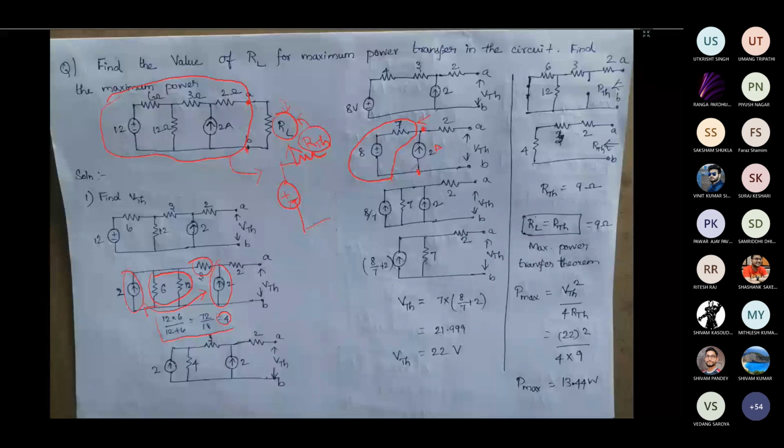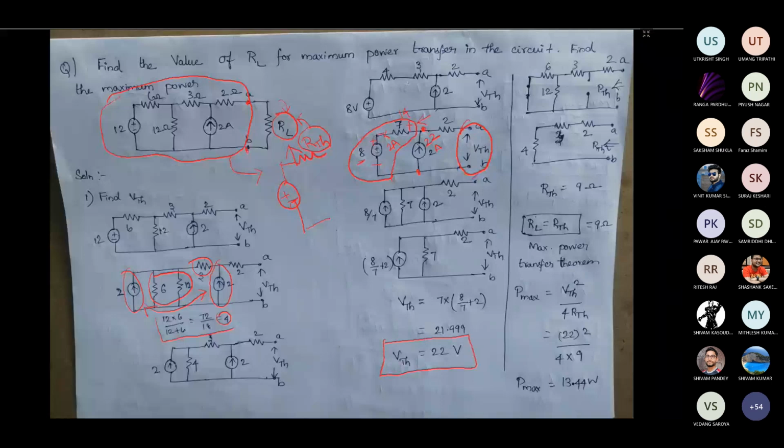So in that case you can find the voltage. Already I have told you 2 ampere current is going to pass through this path. So the voltage across this 7 ohm resistor is 14 volt, and you have 8 volt here. So 14 plus 8 is equal to 22 volt, both are voltage drops like this. So the voltage across this 2 ampere source is 22 volt. So that is the V Thevenin. That is what I have found here: V Thevenin is equal to 22 volt.